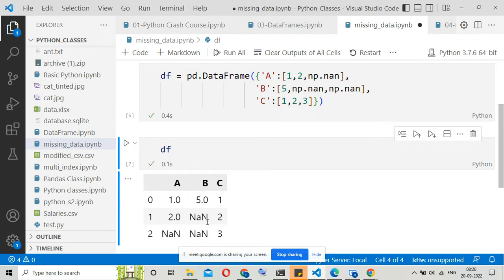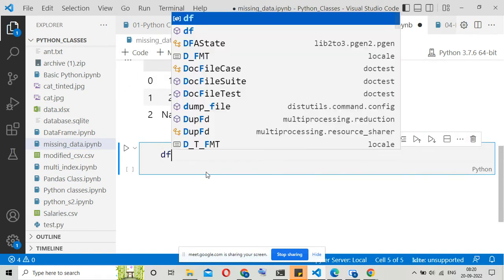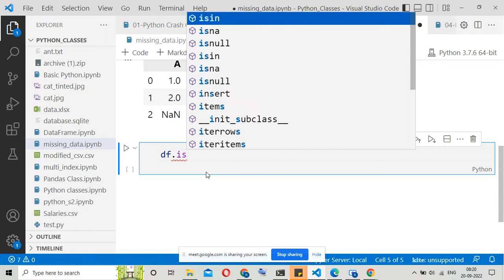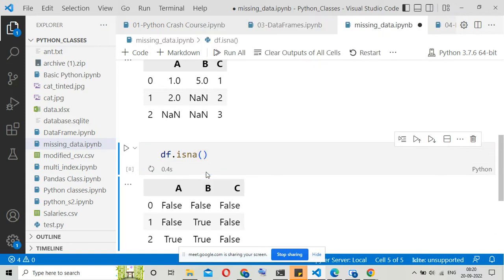When I created this data frame df, it's very small as of now, but for a bigger data set, like the one example I shared, finding those NaNs is very hard, which column and which row. The most important thing is finding whether there is missing data or not. That is one question, and the second question is